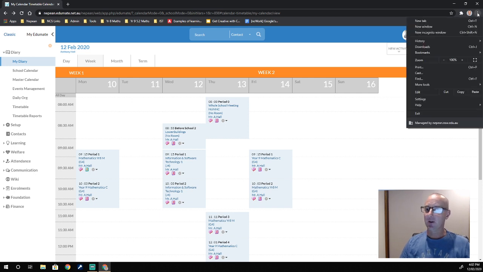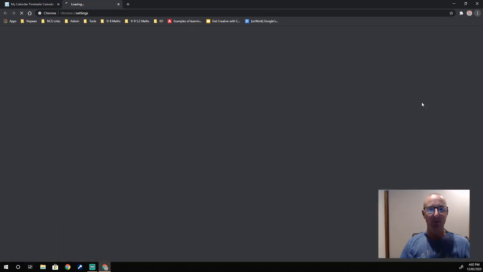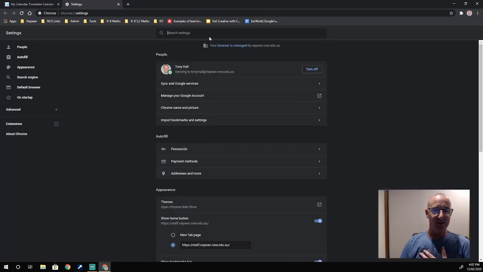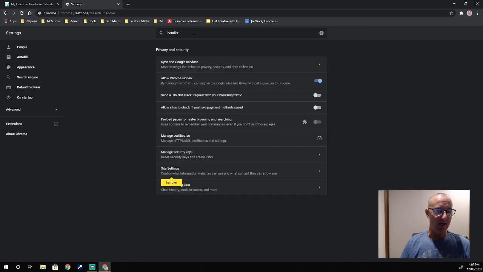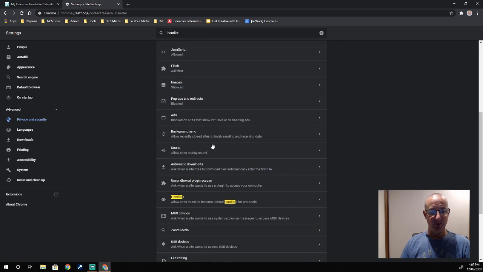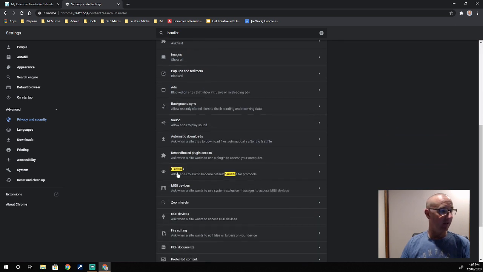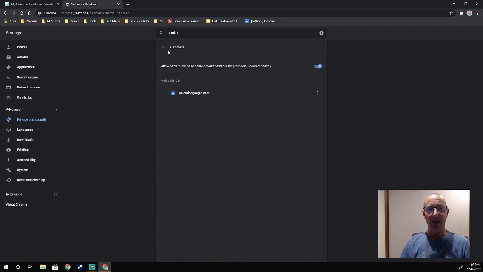and then you simply click on that and come down to settings, you get lots and lots of settings, but Chrome is really good at search. And so what you do is you just search for handler, and you'll see that it tells you down here where the handler information is hidden. So we're going to go to site settings and then scroll down in our site settings, and there's handlers all highlighted. And so you just click on handlers,